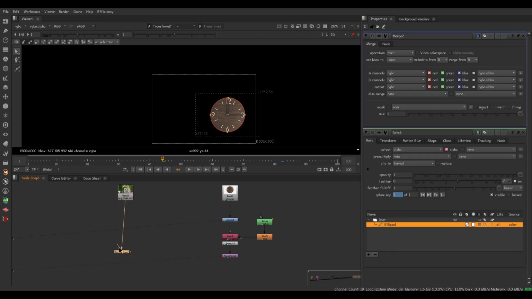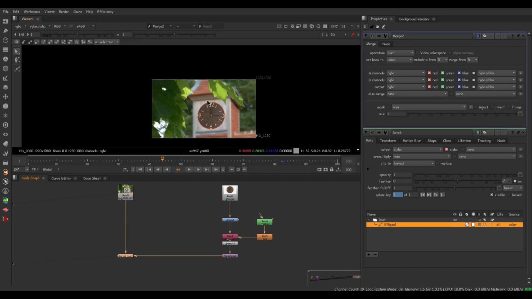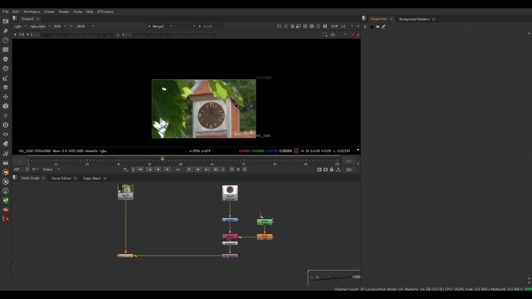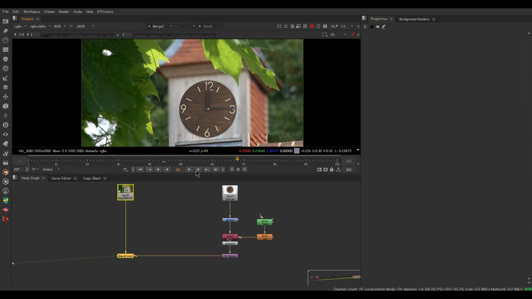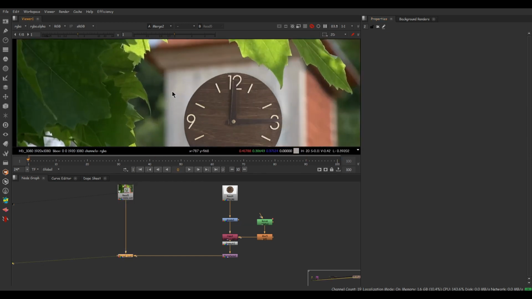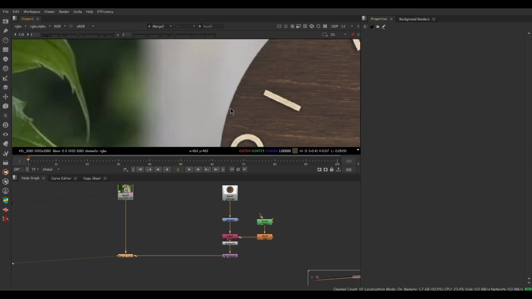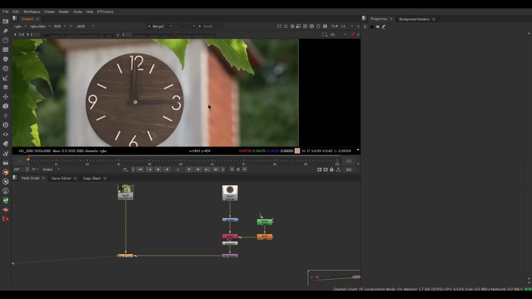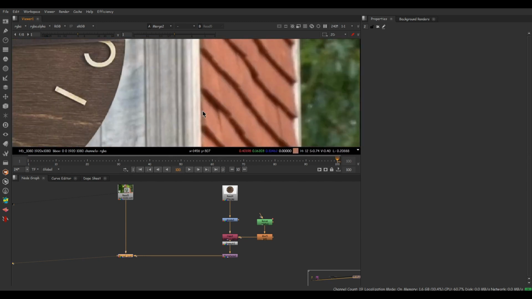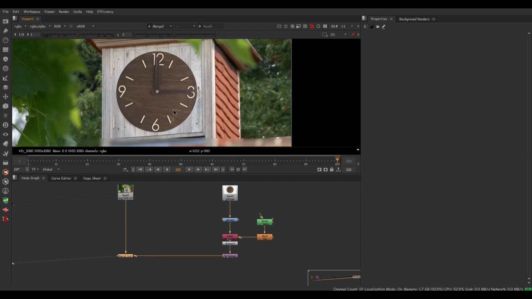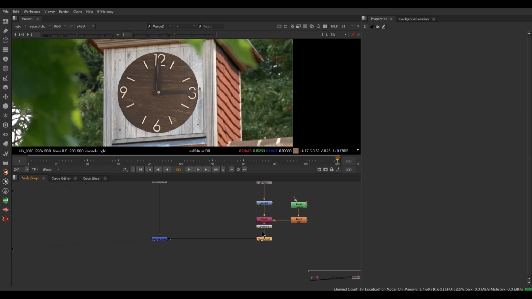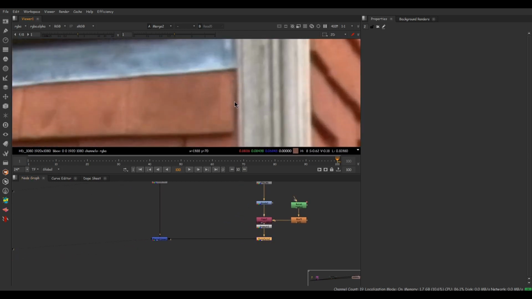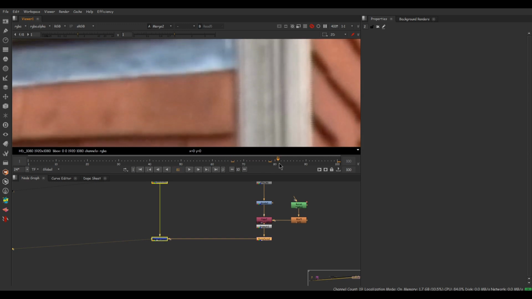Let's take a merge node and connect both pipes. So I have replaced this new element in our footage, but as you can see only position is matched, but the rack focus is not matched, and we need to fix that. This edge is so defocused, you can see here. But in the last frame it's almost matched. Let's get into comp, and here first thing I noticed is that there is some camera movement in that shot and we need to match move the element.